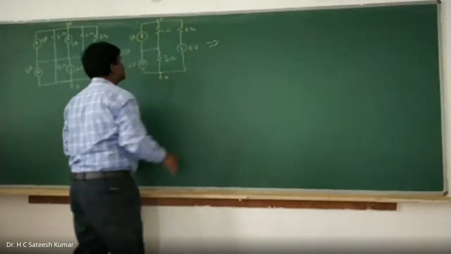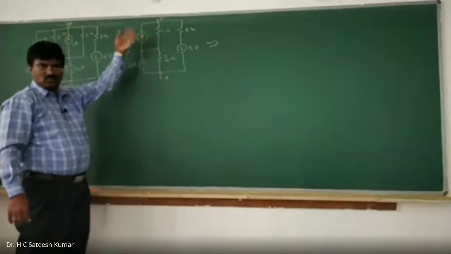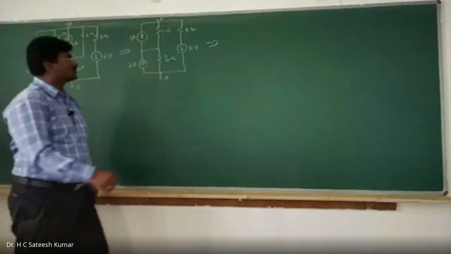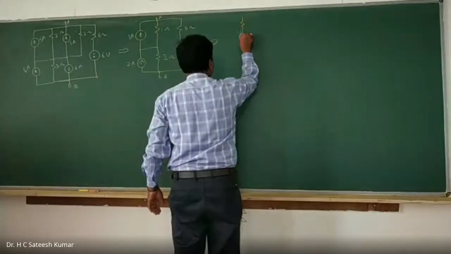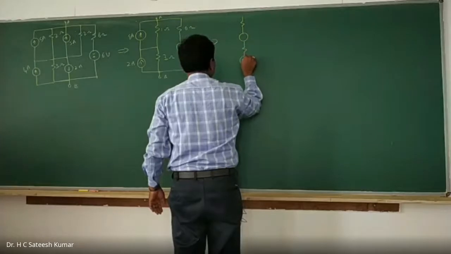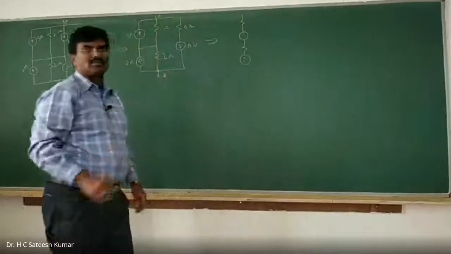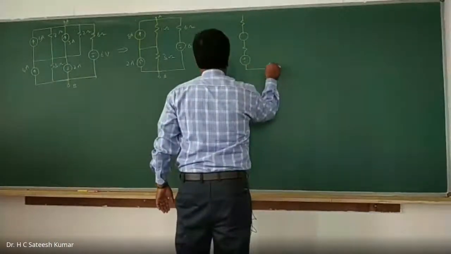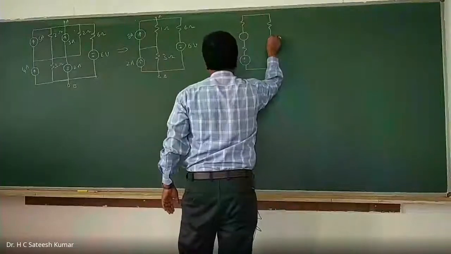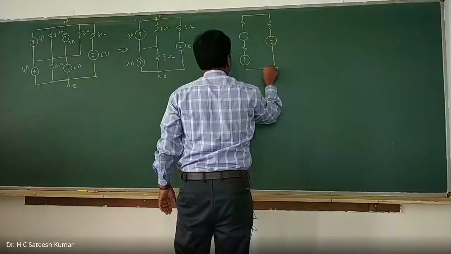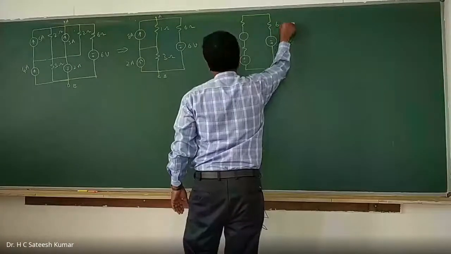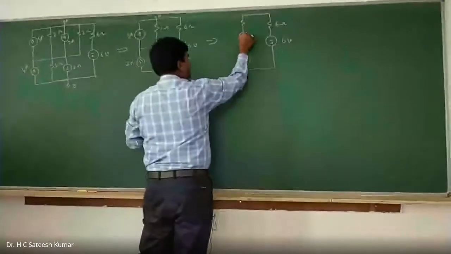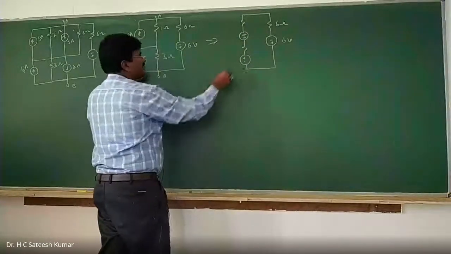Now you see this. These two are in series. If you want to simplify a series connection, we should convert it into a voltage source. So now what should you do? Convert this into a voltage source in series with the resistance. A current source in parallel with the resistance can be converted into a voltage source in series with the resistance. You convert it. Keep this one as it is. Minus plus 6 volts, 6 ohms. Okay, right. Arrow mark is upwards, therefore it will be plus or minus sign. This also, plus minus sign we can write.